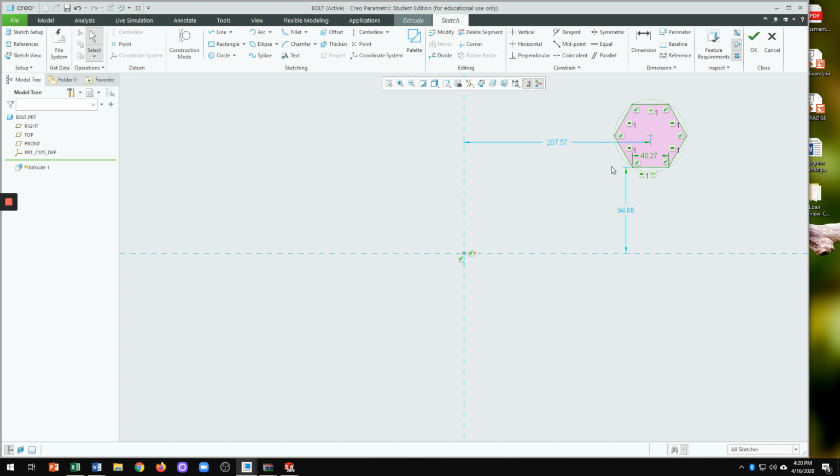So the next step is to coincide the center of this hexagon with this origin where the X and Y axes are. Okay, so we're going to go to the constraint called coincident. Click on the center here and click on the center. So to ensure that this will be exactly the dead center of the XY axis, or the origin. Next, we're going to give the dimension for the